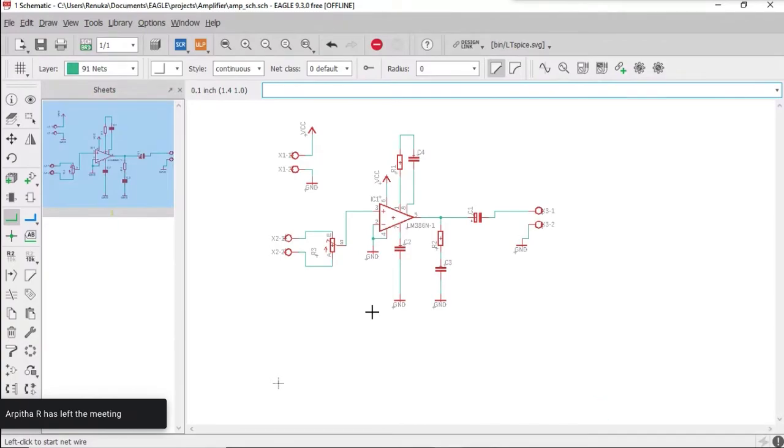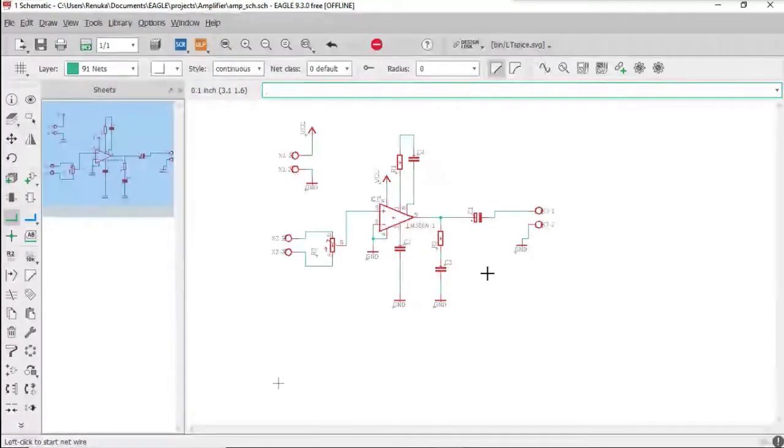Okay, once you're done with this, we need to provide names and particular values for your resistors and capacitors. So to give a name for each component, click on the option here called name on the left side. Once you place the cursor on that, you will see it shows name.